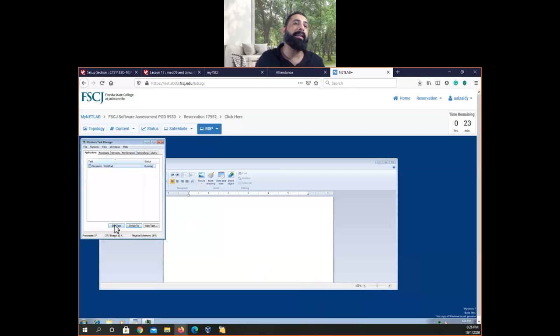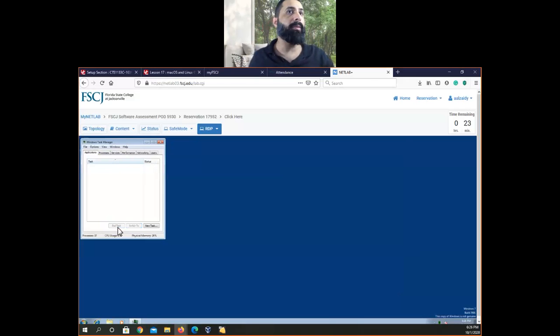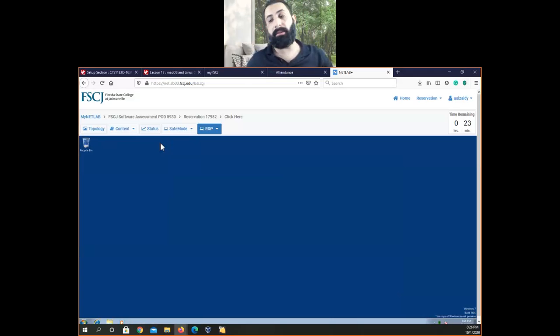Now, if you click end task, I will not know if you opened it correctly or not. So before you click on end task, take a screenshot where your pointer is pointing to end task. Okay? And this is the end task.